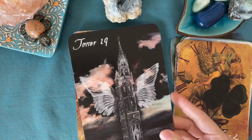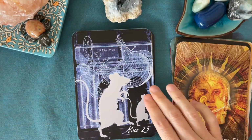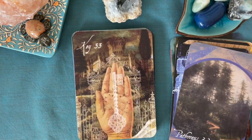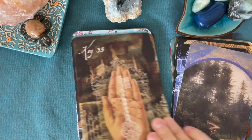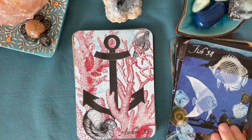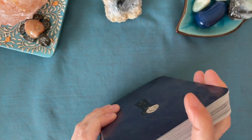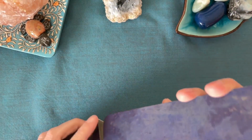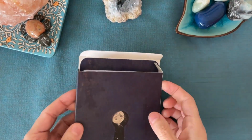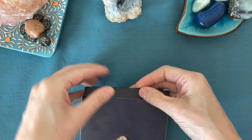It would make good altar cards. I love his collage work, and I think it's stunning. Very, very stunning. Yeah, I think there were some musings when I was doing my unboxing video, if I would keep this around, but I think I am, because I find the artwork stunning. I would only get rid of it if I ran out of room and had no place to put it. If I was getting too many decks,